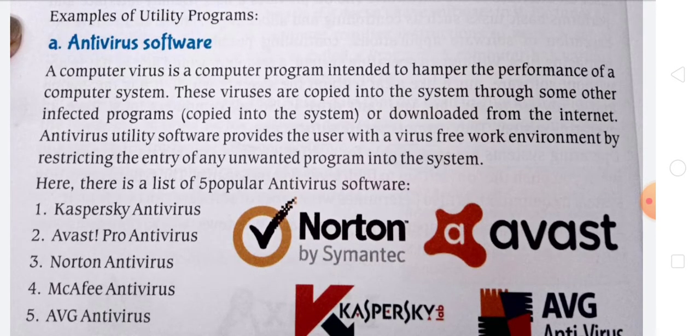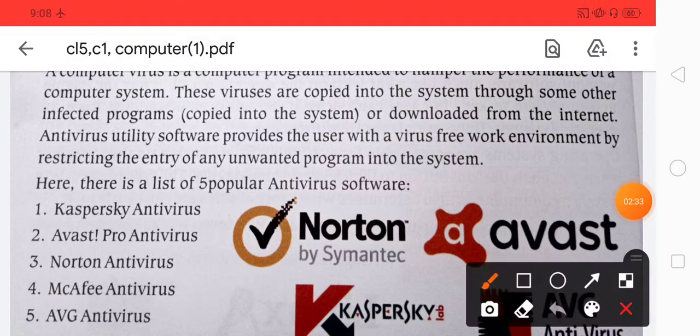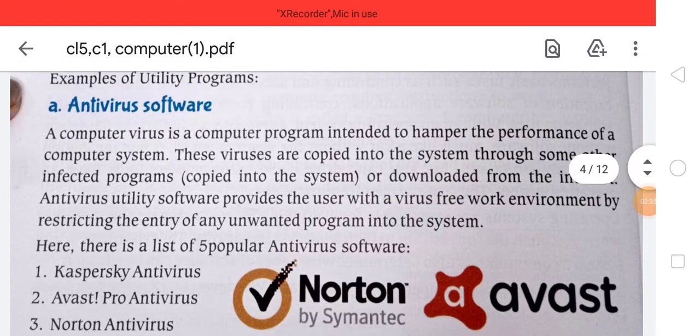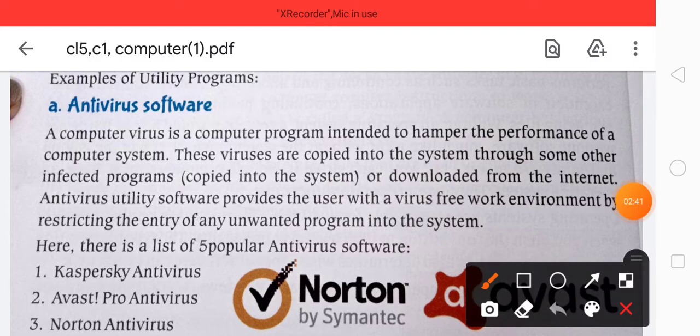A computer virus is a computer program intended to hamper the performance of a computer system. These viruses are copied into the system through other infected programs. Let's take an example.